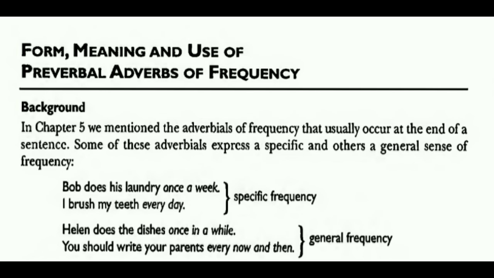However, when you say once in a while, when is that once in a while? Let's say once a week, twice a month. There is no specific time and date in the sentence. Okay, if we want to be more precise, we can refer to such adverbials as adverbials of specific or general frequency. Although these adverbials tend to occur at the end of the sentence, they may also occur initially if the adverbial of frequency is in focus.